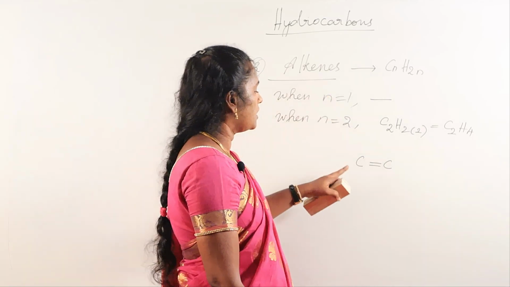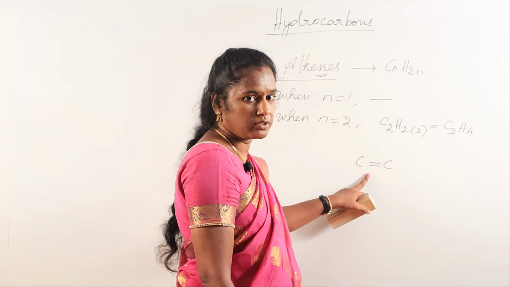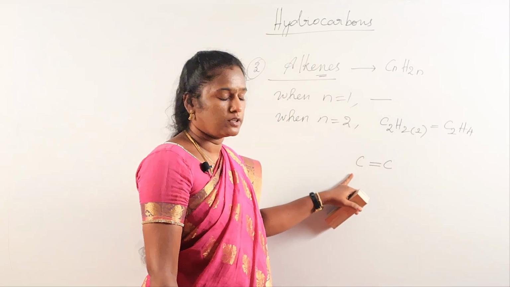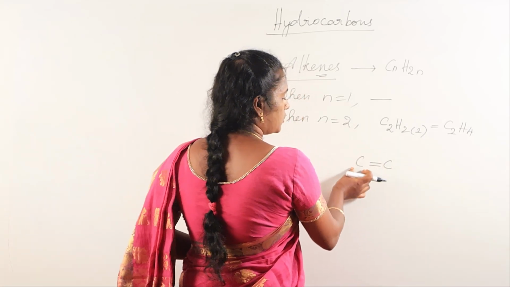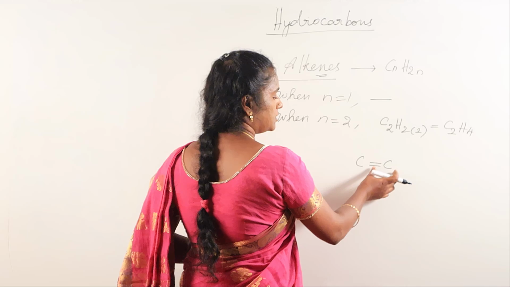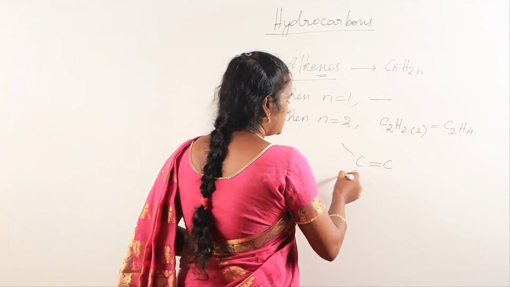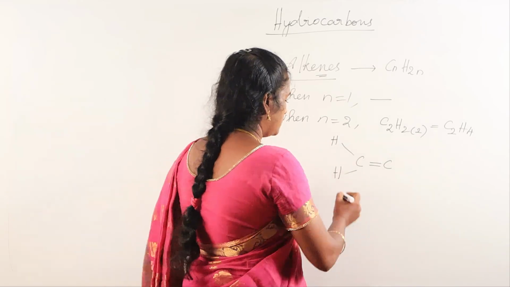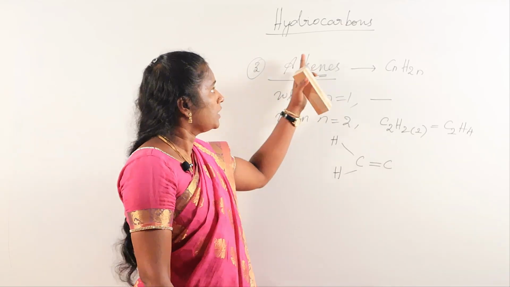Alkenes means carbon-carbon double bond. This ene is the word for double bond. So we know the carbon valence is 4. So it will be satisfied by 4 bonds. So this carbon is attached to another carbon with 2 bonds, and the next 2 bonds are satisfied with hydrogen,